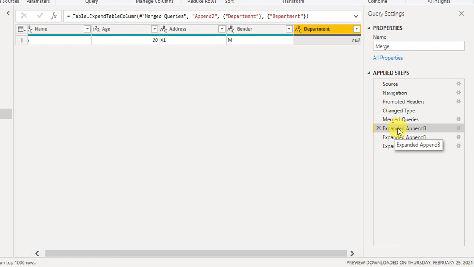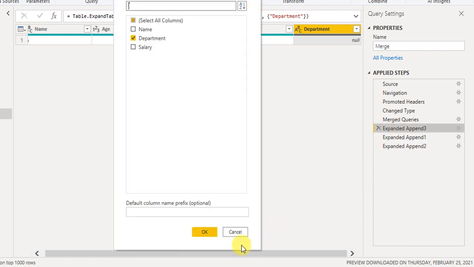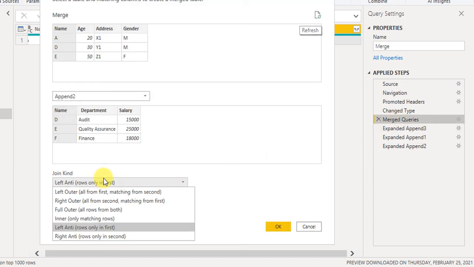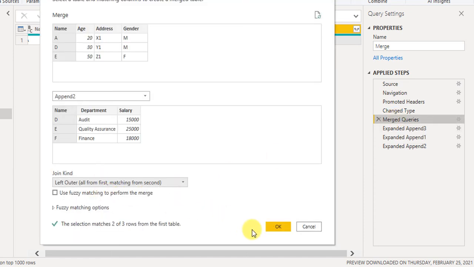So in other words, left anti is equivalent to using a left outer join,